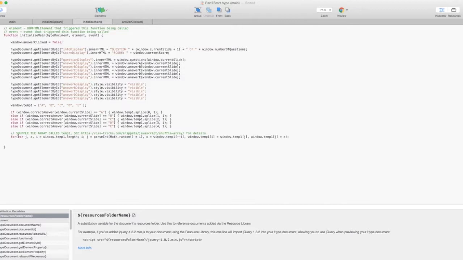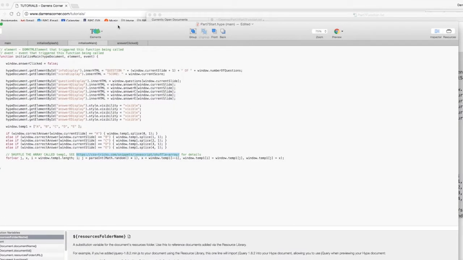I got a little snippet here that shuffles the temp1 array. Now again, temp1 originally has 5 elements, and we use the splice command to get rid of the correct one. So these are the wrong elements, and with this little code, you can follow this URL right there to see how it works. Basically, it randomly shuffles it. So we're going to change the order that we get rid of the wrong answers using this. So we changed that, and then